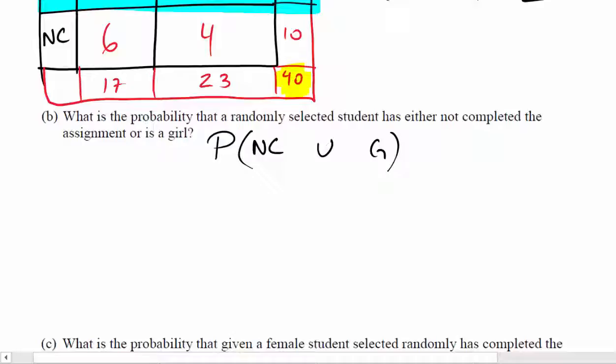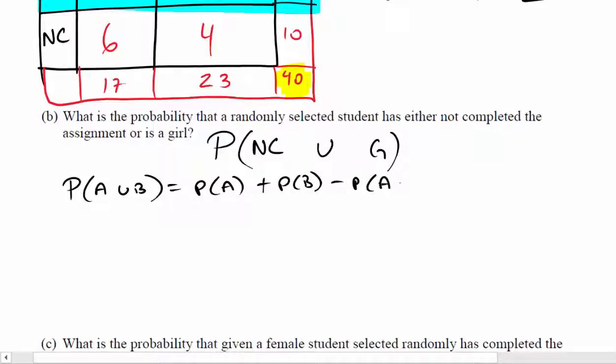Now, since these are two separate categories, what I can do is I can actually use the formula that the probability of A union B equals the probability of A plus the probability of B, minus the probability of A intersection B. So in this case, we're just going to replace the students that did not complete the assignment with the probability of A, and the girls with the probability of B. So therefore, the probabilities, if we fill them in,